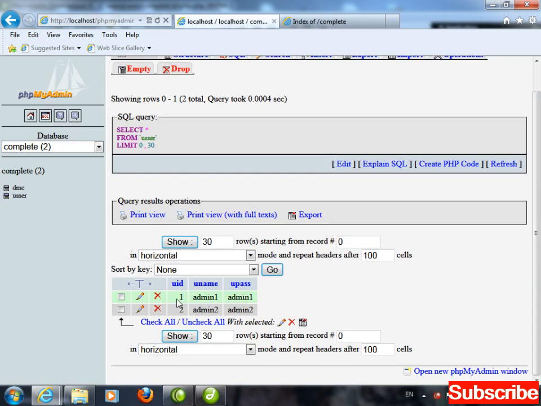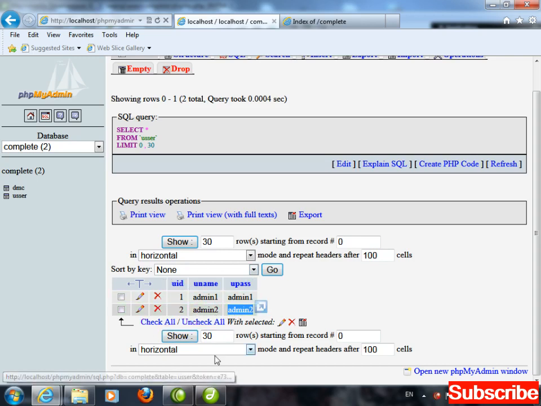Have I made an entry of 1 and 2? No. Why is this coming? I've taken it as auto increment and primary, so that's why 1 and 2 are coming automatically. Now I'm having one user by the name of admin1 and its password is also admin1. Second, admin2 and admin2, right?